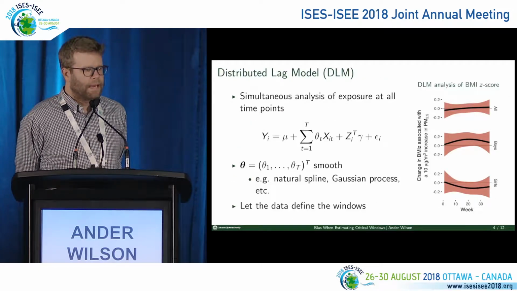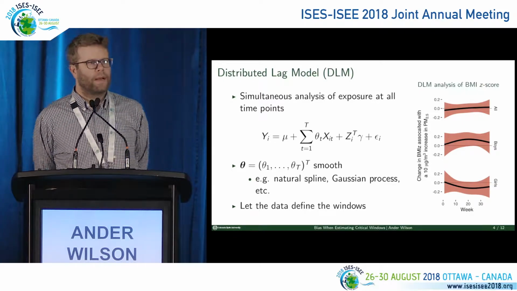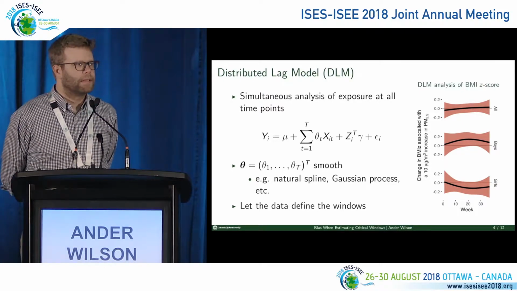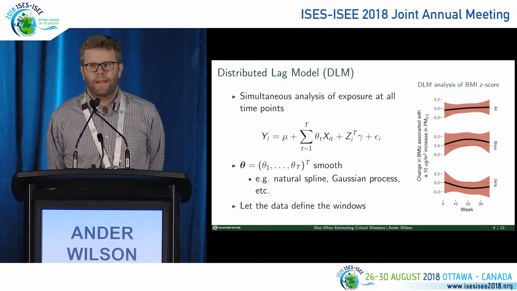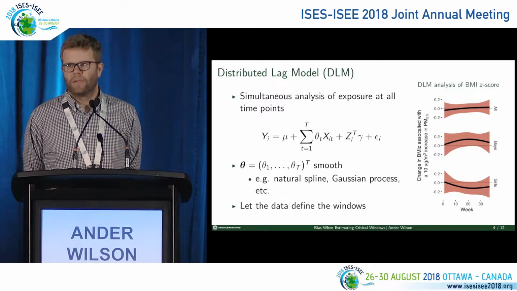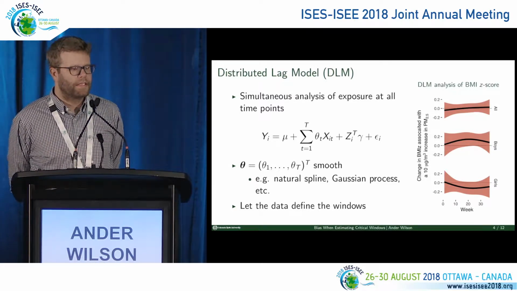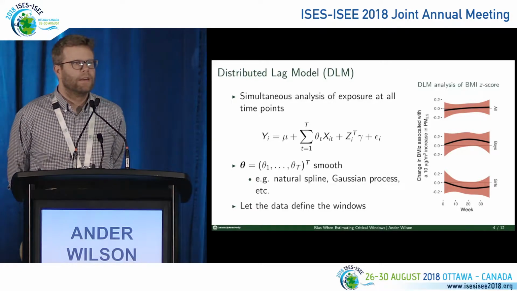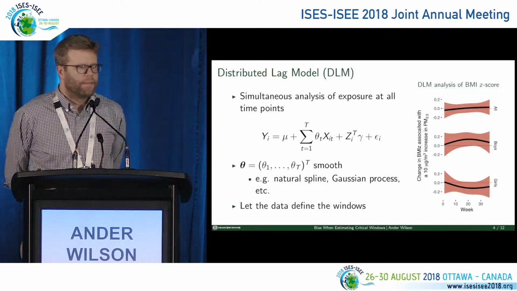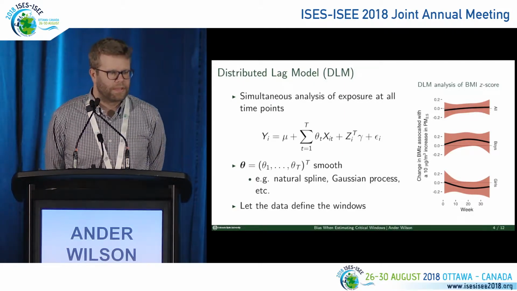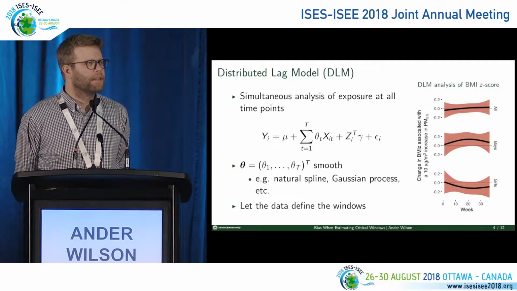More recently, a lot of studies have started taking a distributed lag model approach or a DLM approach. And so here, instead of using trimesters, we're using the observed exposures at every single time point. So in the example I'll give, every week during pregnancy. And so in this model, theta sub t represents the association between exposure in week t and the health outcome. And most of these are done in the constrained distributed lag model framework, where we assume the theta t's vary smoothly over time. And this can be done with natural splines, like we'll do today, Gaussian processes, Bayesian models, penalization, lots of approaches. And the idea here is we let the data do the talking and determine where the windows are instead of constraining ourselves to the trimesters.